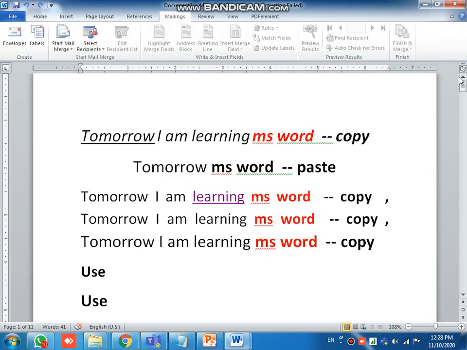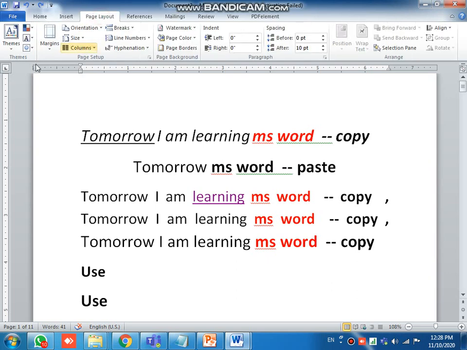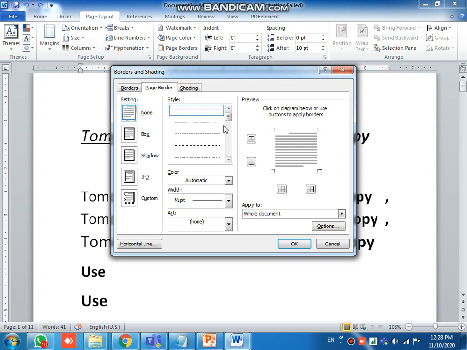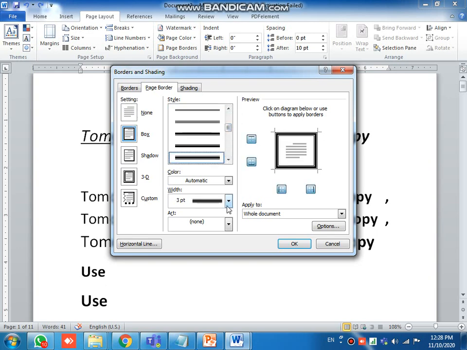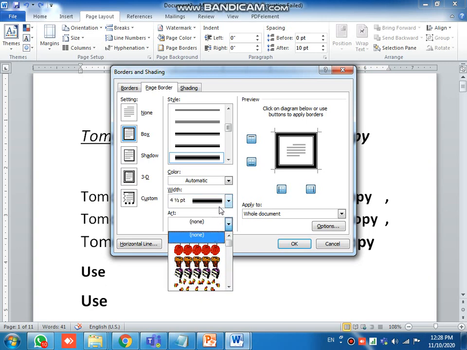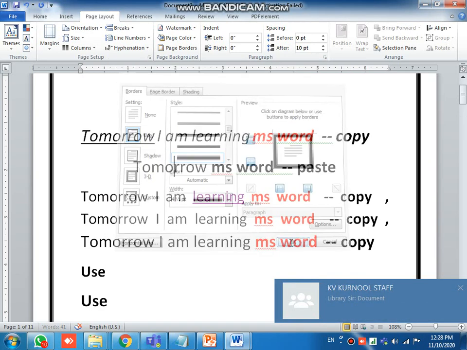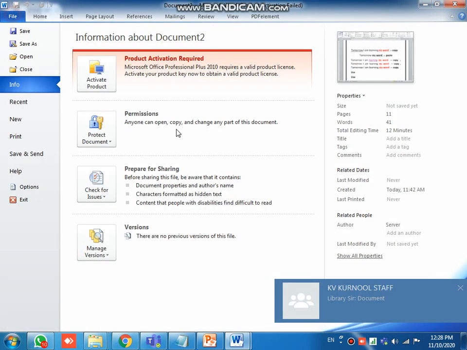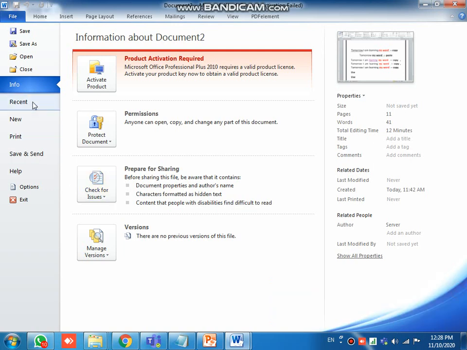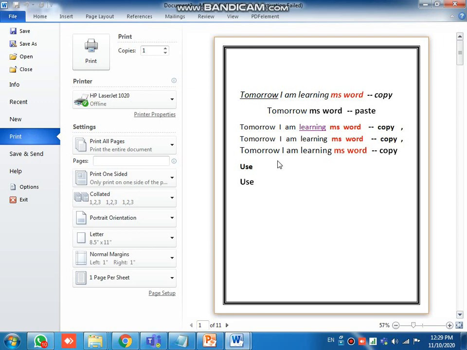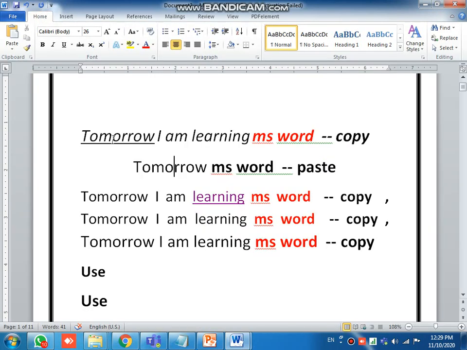And if you want to add a border also, go to Page Layout, and to add it go to Page Border. Here you can select the border size, how much width you want, you select the style and width also, if you want a big width. Okay, if you want colors also, it is not good for printing. Okay, for designing it is okay. Now you can do it like this. If you want to see the preview, just go to Print, here you will find the border, and like this you can give the border very neatly.